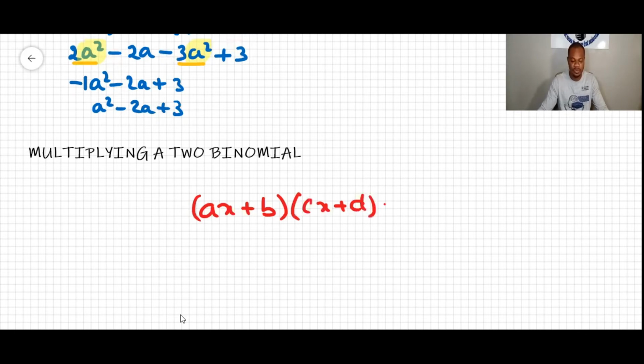So this is equivalent to ax times cx first, a times c x squared, plus a times d x, plus b c x,